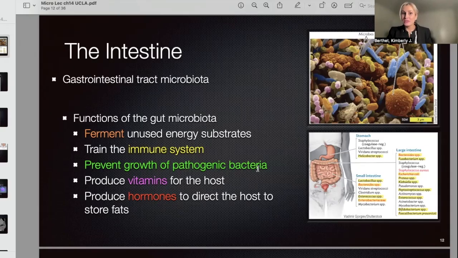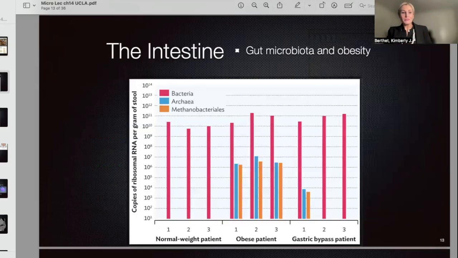Following that, we have vitamins. Some of the vitamins that are necessary for our health, we don't make ourselves. It's actually the metabolic processes of the microorganisms that produce vitamins for us. They can consume some of the food that we don't digest going through our GI tract, and they can produce vitamins for us. Another thing is producing hormones. They can actually change the hormones that we have. We'll talk later about the gut-brain barrier too.